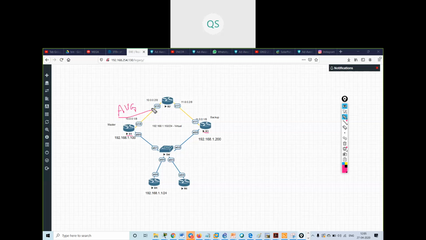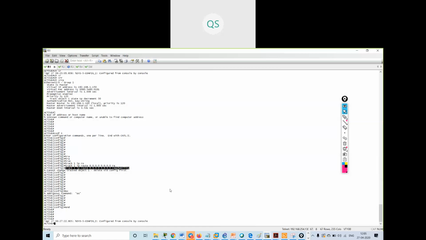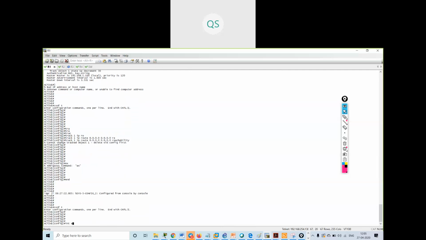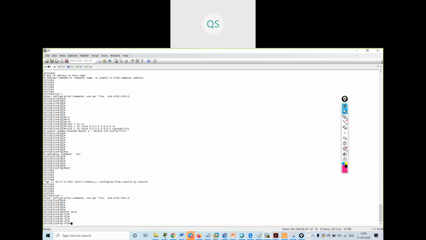Understood? I can do the authentication also. We have seen the authentication and what all things I can do. We can do the preemption also, and we can change the timers also. We will see the configuration part. I will go on this router and say config terminal, interface E0/0, no